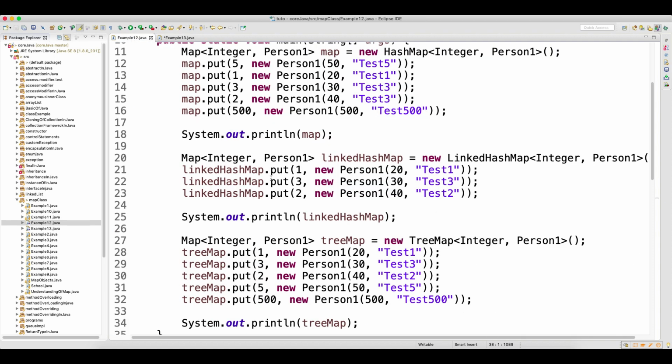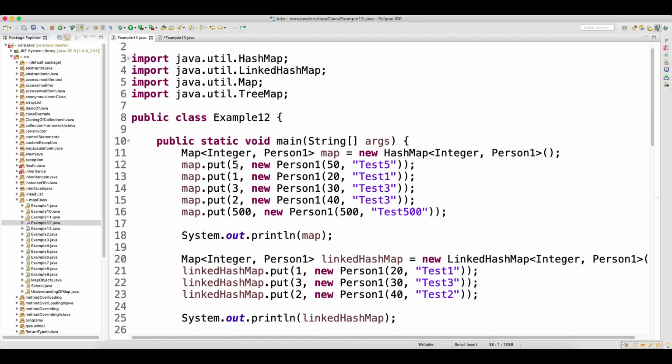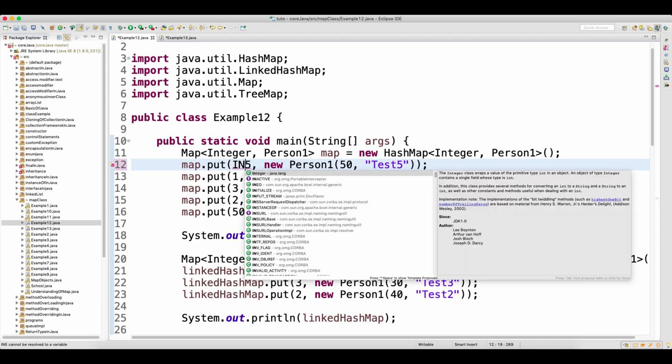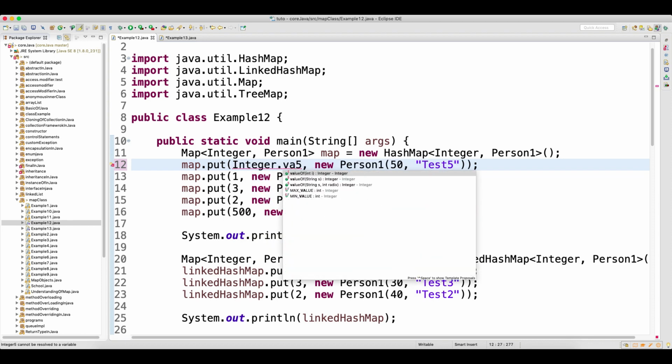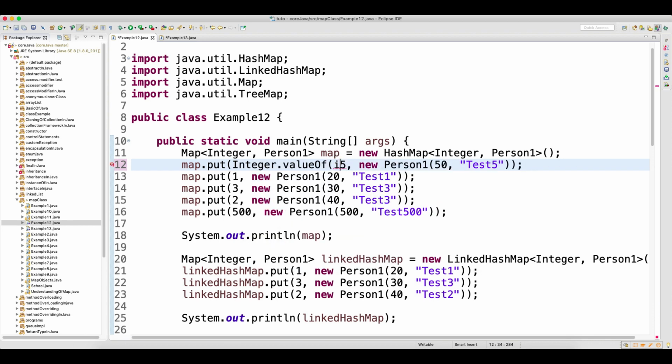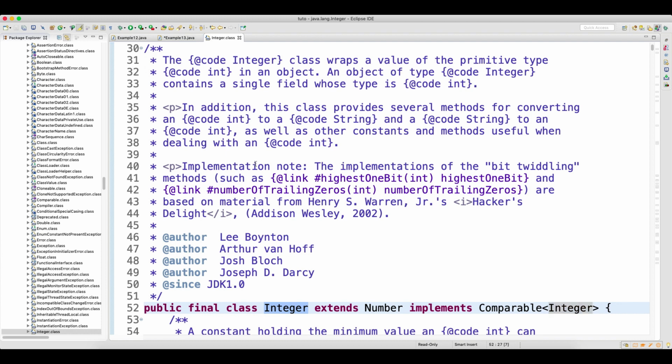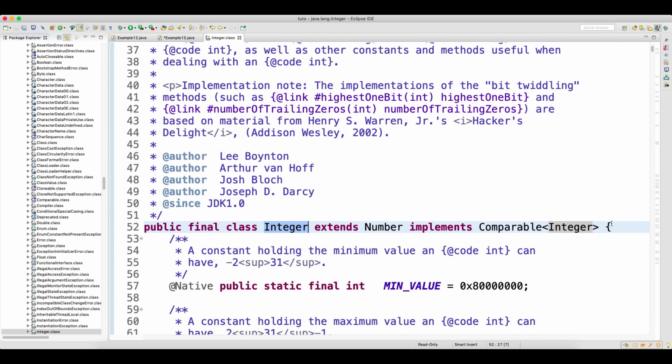So generally what happens in example 12, when you are keeping key is equal to 5, internally this will be like Integer.valueOf. The compiler will do this for you, because you know that in your collections classes you cannot store a primitive data type, you can store only objects. Now go to the Integer class, press control, click, and look at the Integer class.